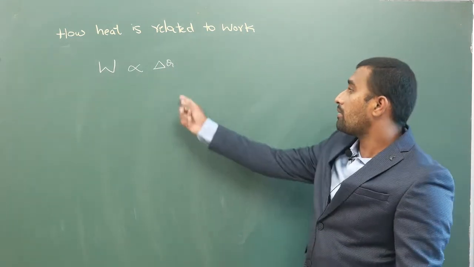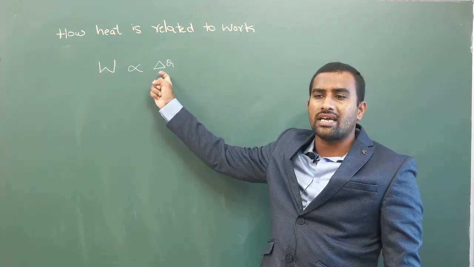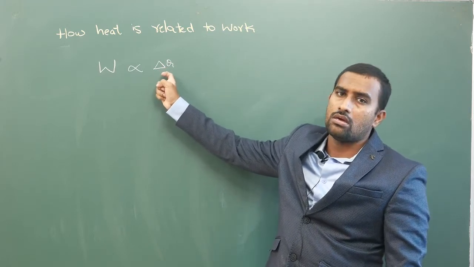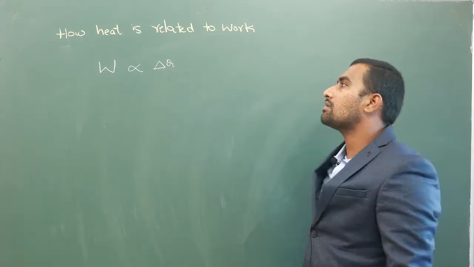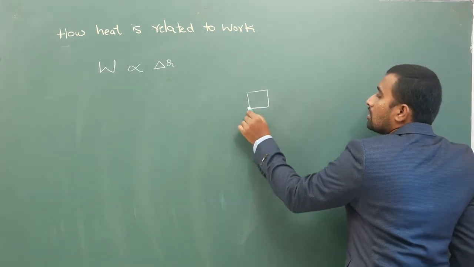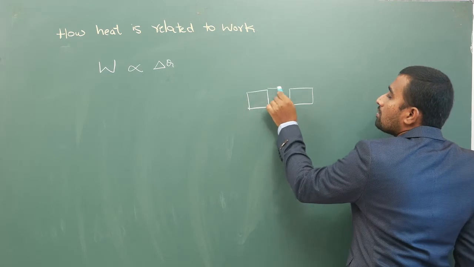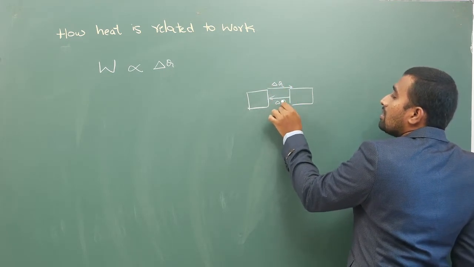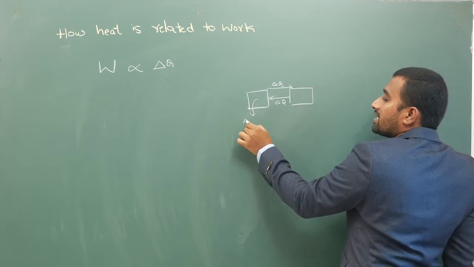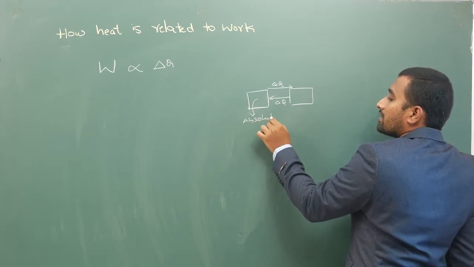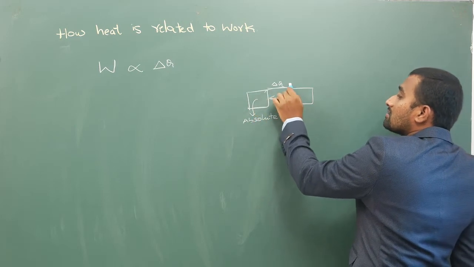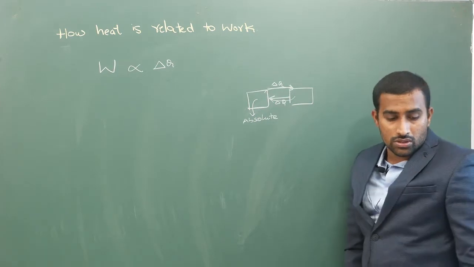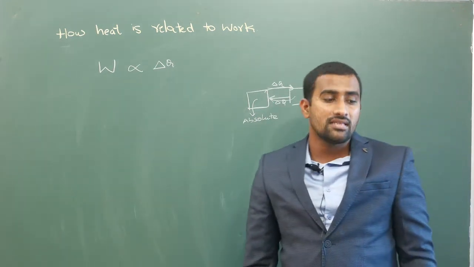Now remember, here I am keeping a sign delta Q. It is a change. If you have two bodies, you can only calculate how much energy is transferring from one body to another body, but you cannot calculate absolute heat energy. Whatever is inside, you cannot calculate. You can only say how much this body is transferring to that body. So you can only calculate the difference.